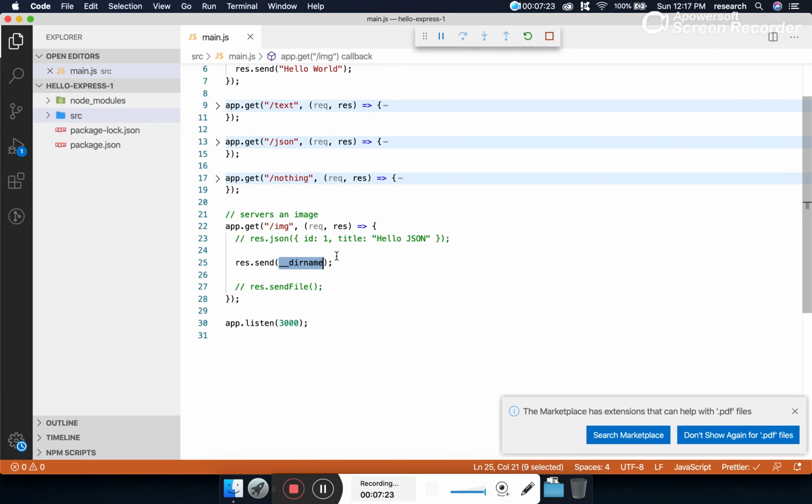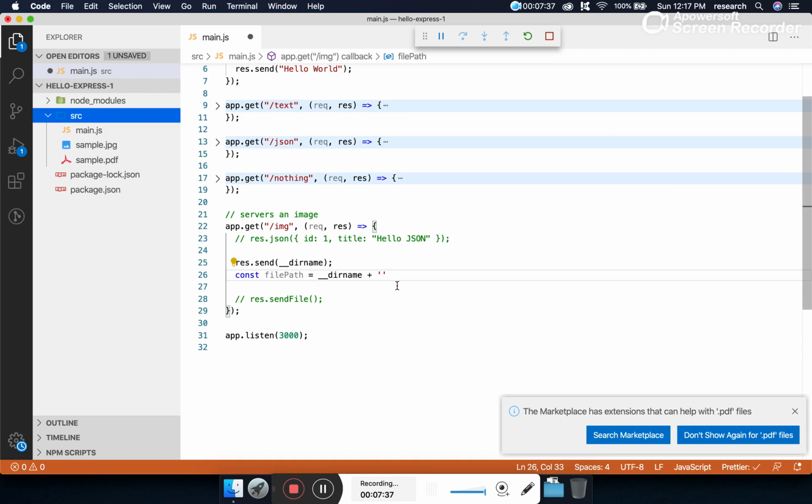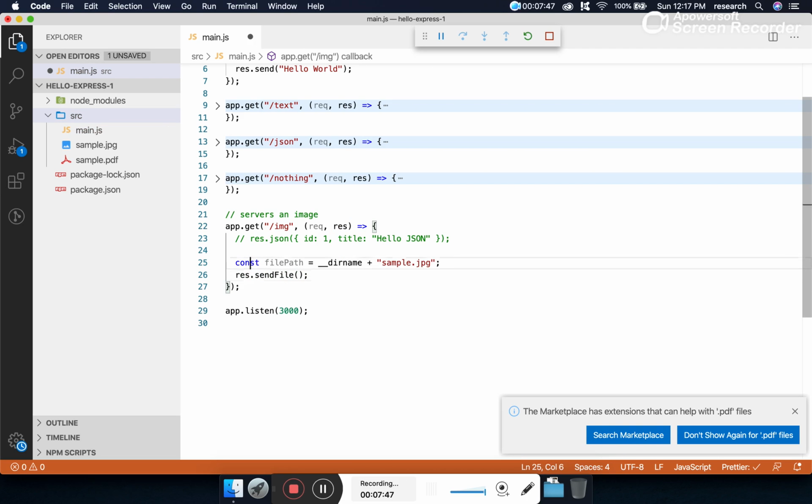By taking this path, let's compose a path: const filePath. Our file path will be __dirname plus, since we want to serve an image response, sample.png. Now I can use this filePath.